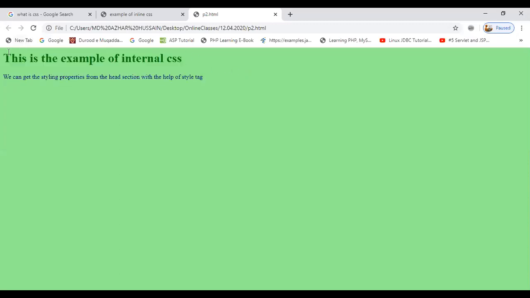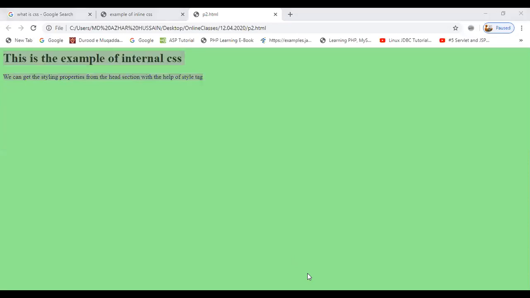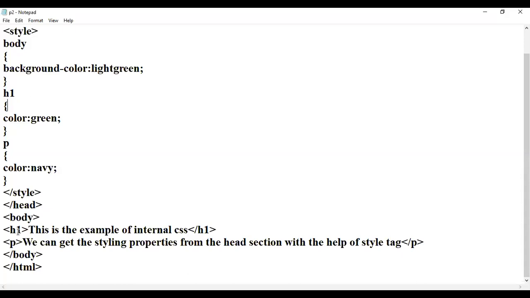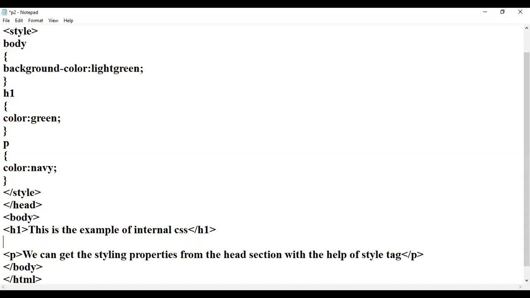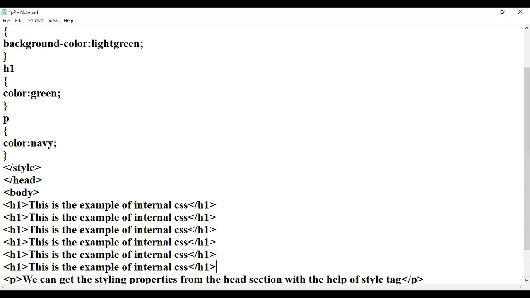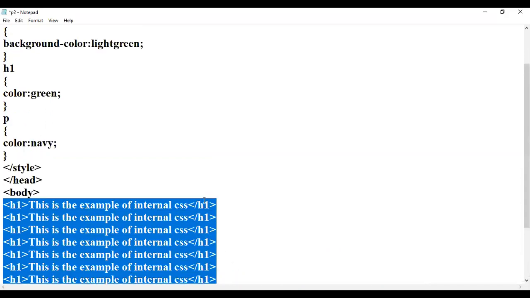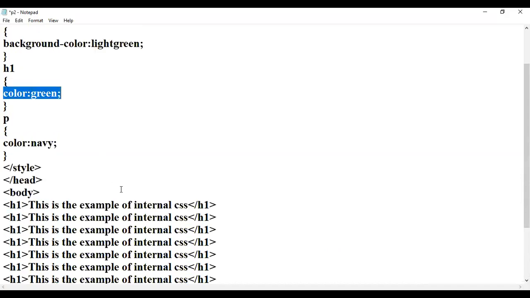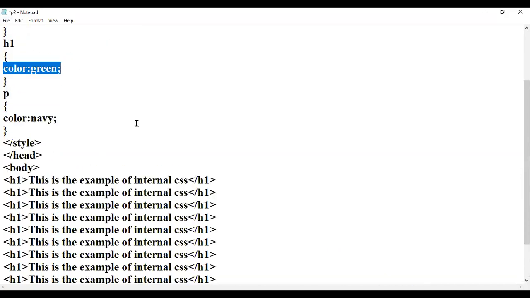One thing I want to tell you here is that now I am opening that P2 program. See here, if I have 10 headings in my body section, and for all the headings I want to apply the color green, then only internal CSS will be helpful.